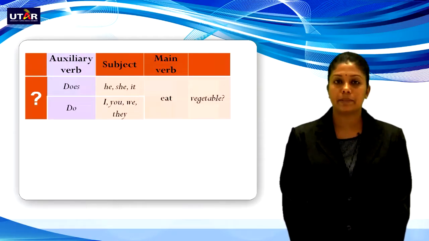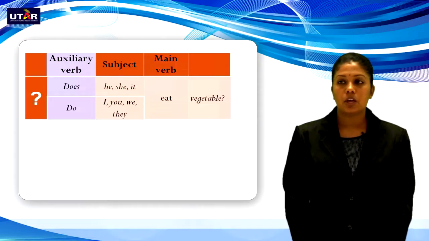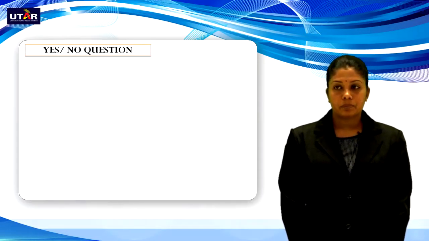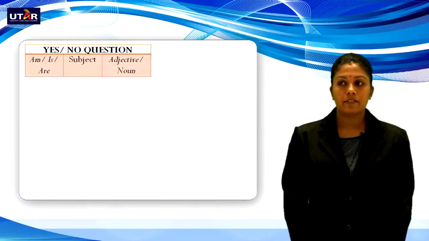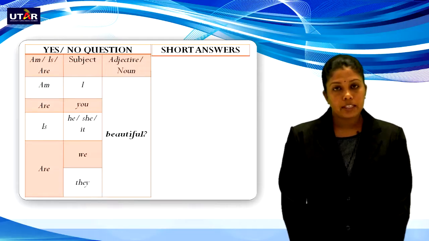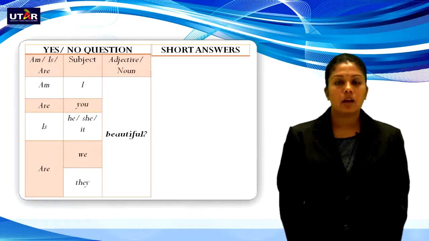Moving on to the plural subject, we use do. Do I, you, we, they eat vegetables? We also have yes-no questions. So for yes-no questions, we start with